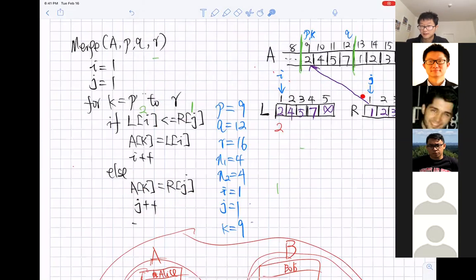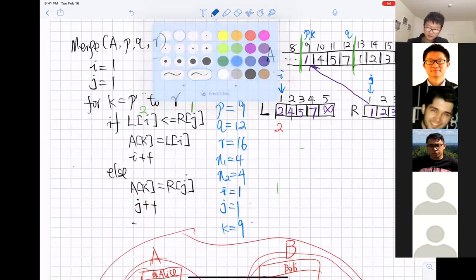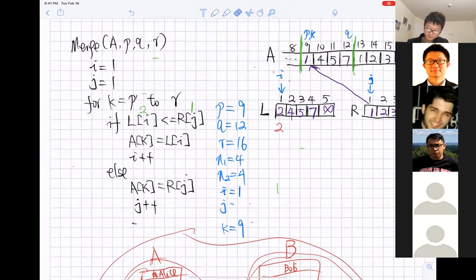Yeah. Any questions so far? No, pretty straightforward. Okay, cool. So we'll copy it over here. So now this value is overwritten and has a new value of 1, okay? And next, we're going to execute this line with j++. So we're going to increase j by 1. So the new value of j is going to be 2.